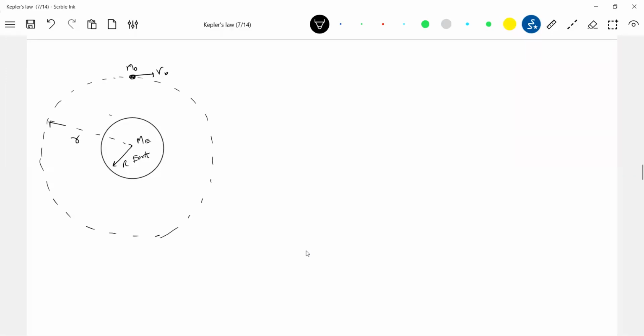Now, if I decrease the speed of the satellite, then what condition will happen? What will happen to that orbit? It is going to describe an elliptical orbit here. The initial thing: what is the orbital speed? v0 is root of GMe by r. Is it fine? As the radius increases, orbital speed will decrease.